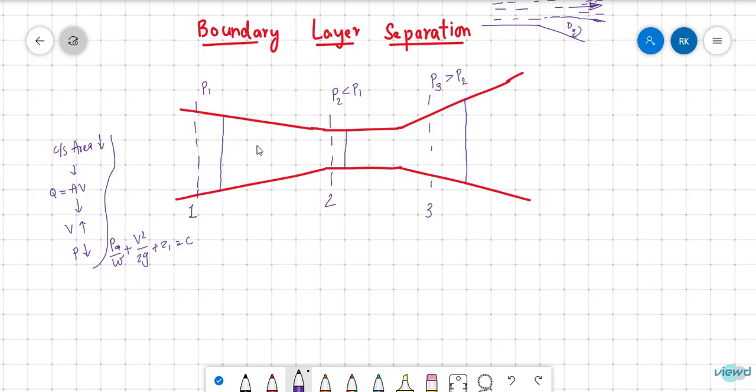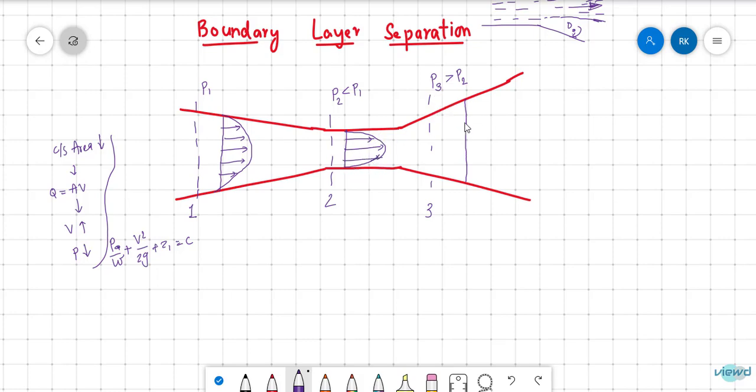So now let us see this. The velocity profile will be in this way. Now, at constant cross section, the velocity profile is compressed. If it is compressed, the maximum velocity will be more, and so the average velocity increases.